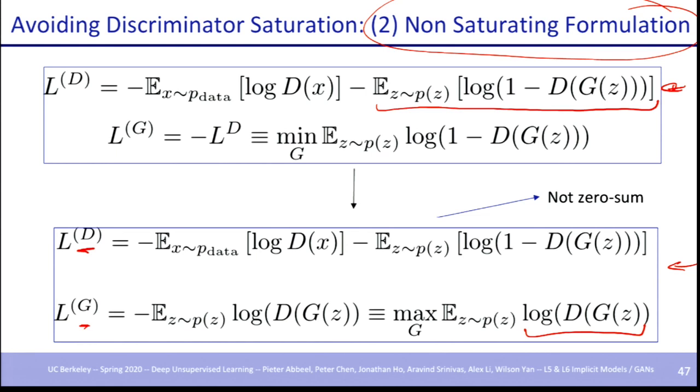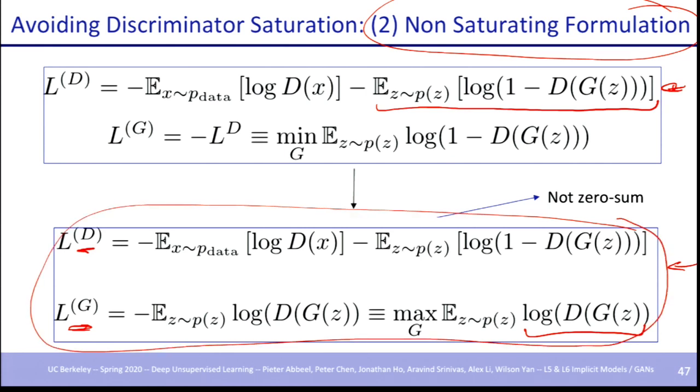So this will not be a clean min-max two-player game anymore. It's still a two-player game in some sense, but it's not a min-max, zero-sum game the way it used to be. Instead, the utility function for the generator is somewhat different and not going exactly against the objective function of the discriminator. So it has different properties when you run this. You can't claim the same things about Nash equilibrium that you could claim for zero-sum games, because non-zero-sum games do not have the same kind of properties.